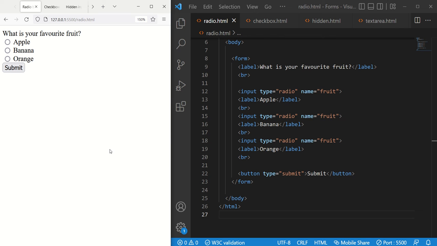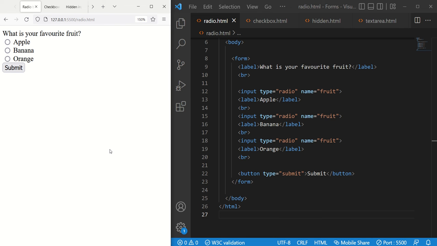The other day when we looked at different types of input, we looked at quite a few. We looked at text, email, password, number, but even the interesting ones that we looked at, like date and color and range, they all had one thing in common, which is that you were filling in one single field with one single answer, which is all well and good,